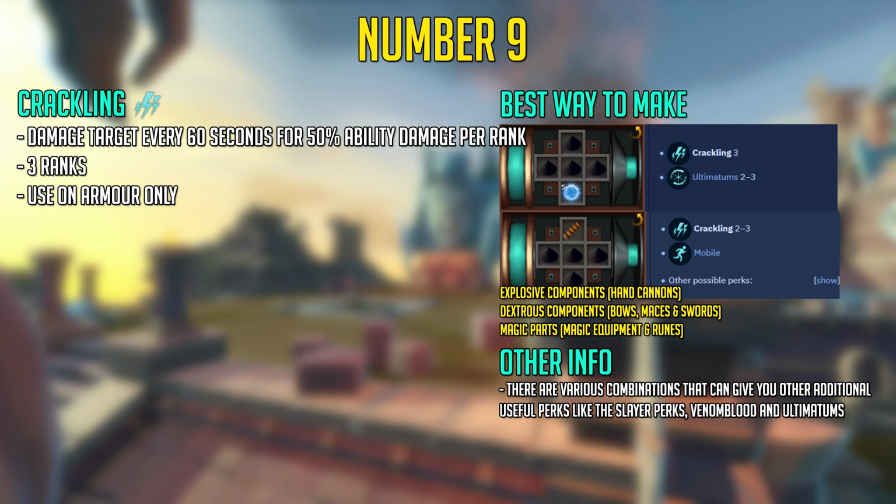can get the components you need quite easily by leveling and disassembling a hand cannon for explosive components, and then the other components, which are either dexterous or magic parts, are quite easily obtained by disassembling bows, swords and magic equipment. Now in combination with some other components you can actually get quite some other useful perks in the same